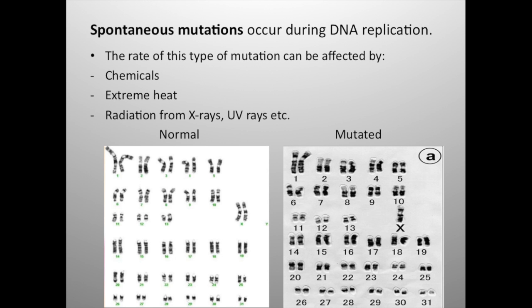Now, going back to the bigger picture, I mentioned that we have inherited and spontaneous mutations. We have just discussed inherited mutations, so let's shed some light on spontaneous mutations. Spontaneous mutations refer to two types of mutation that I'm going to talk about later on in the lecture, which are point mutations and deletion mutations. They often occur during DNA replication and might be influenced by mutagens such as radiation, like X-rays and UV rays,